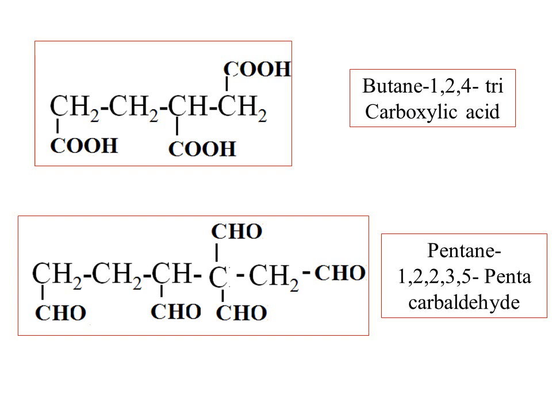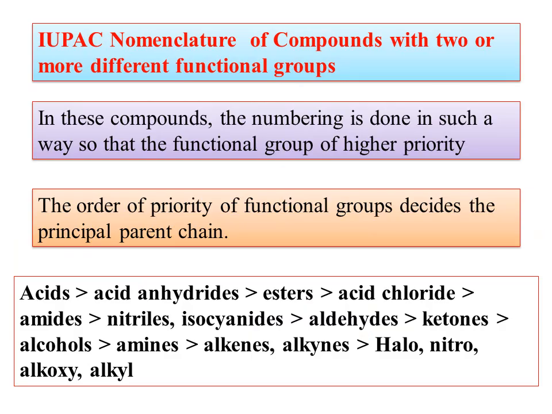Therefore, you are going to consider that 4 CHO groups are there, 5 CHO groups are there. Therefore, you are going to consider it as pentacarbaldehyde, without counting the number of the carbon atom, you are going to name them. In the IUPAC nomenclature of compounds with 2 or more different functional groups, in these cases the numbering